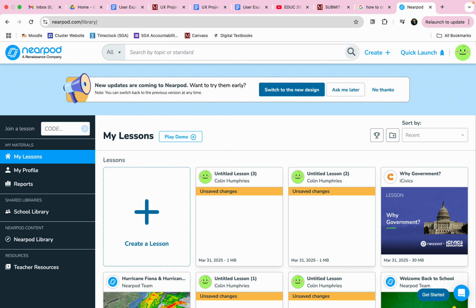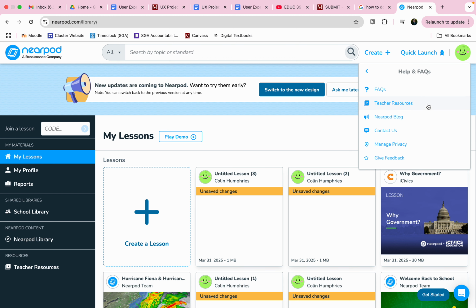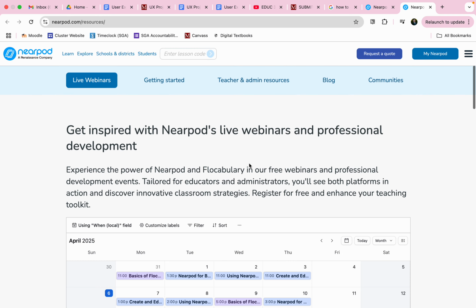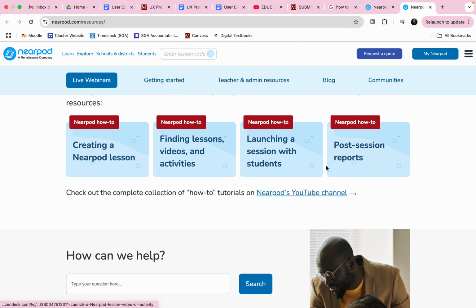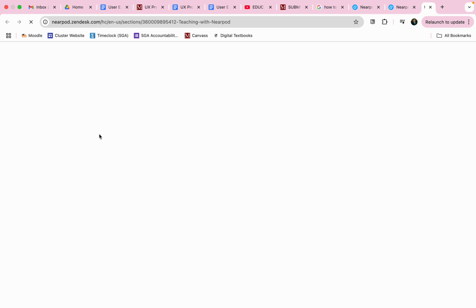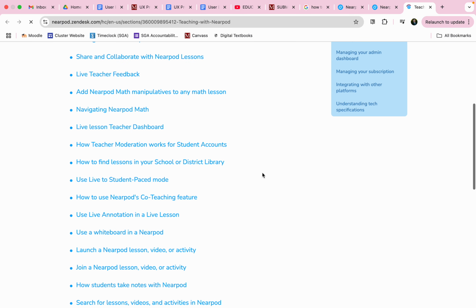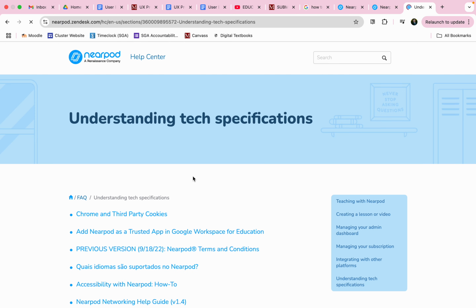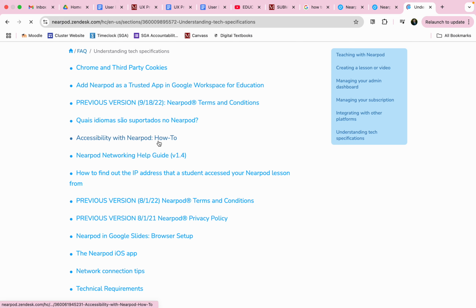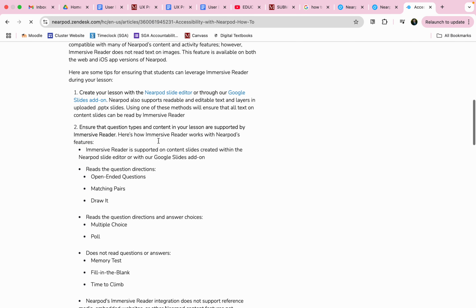I do want to quickly look at the accessibility page, which is unfortunately very hard to find. You have to go to help and FAQ, teacher resources, then you have to go to, let's see, it's down here somewhere. You have to go to teaching with Nearpod, and then you have to go to understanding text specifications, and then you get your accessibility report,